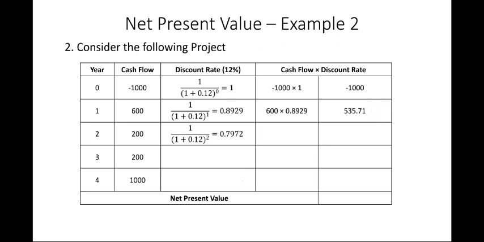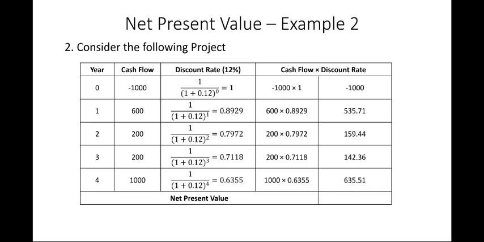Similarly, in the second year, the discount rate comes out to be 0.7972. Multiplying 200 by 0.7972, we get 159.44. Likewise, you can calculate for the remaining years, and we get the value of 635.51. Now, in order to calculate the net present value, we are required to add all these values, that is